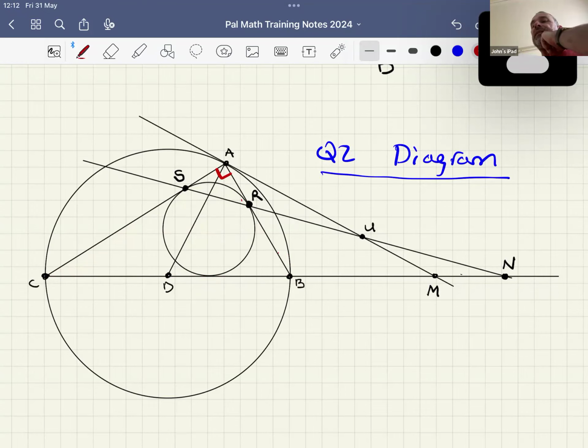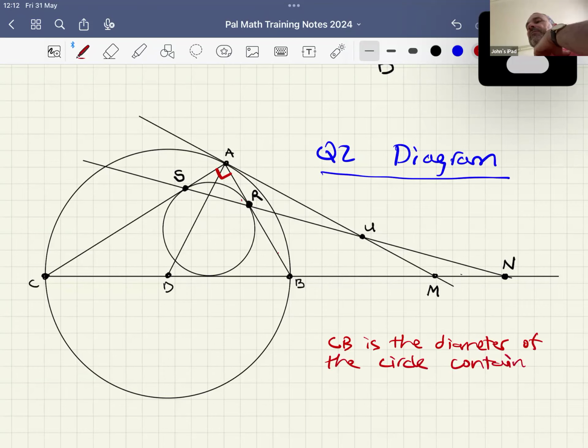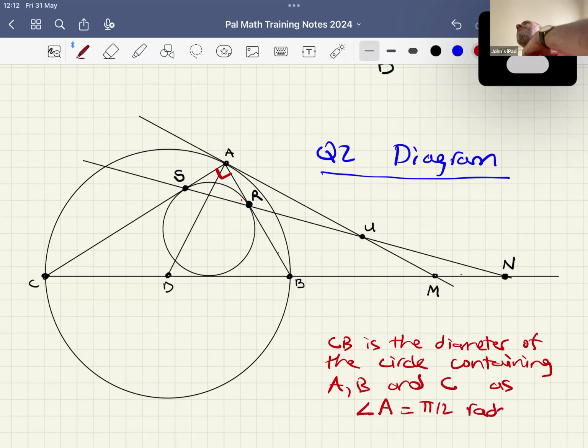So CB is the diameter of a circle containing A, B, and C. And that's because the angle at A is 90 degrees, or pi over 2 radians. Okay. So then the circumcircle,